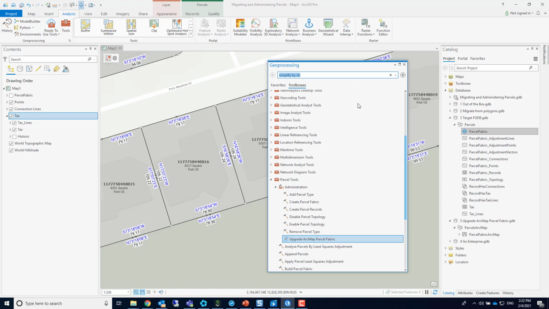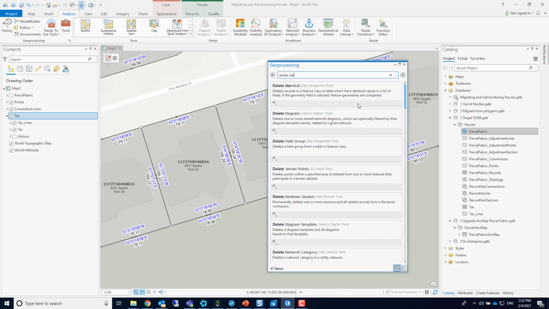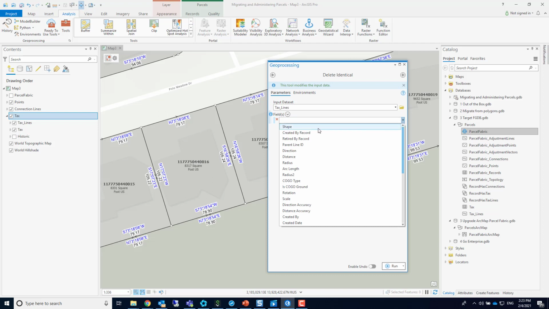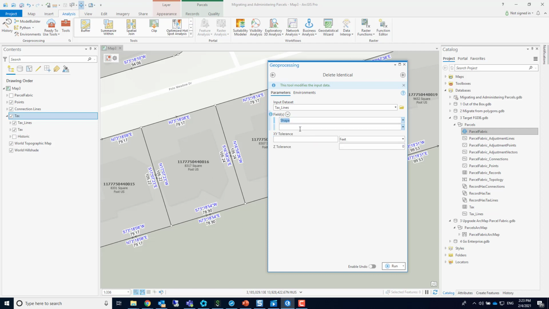There's a tool called delete identical. So delete identical, here it is. And all you need to do is specify your source lines. So we'll go to text lines and specify which field we want to run it on, the shape field. I recommend to just run it on the shape field. Some might add the distance field, for example, but then you will sometimes have lines that look like they have exactly the same dimension like you see here, but they'll have some 13 digits different, so they would be considered different. So I usually just run it on the shape field